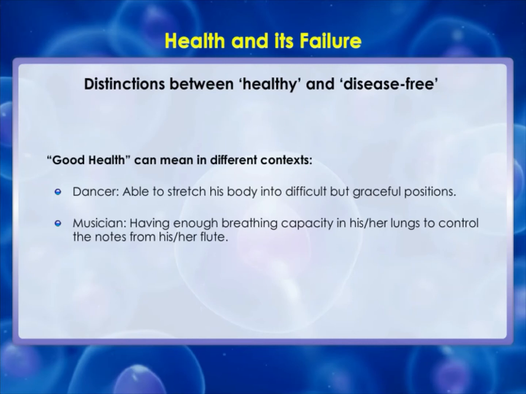So, we can be in poor health without there being a simple cause in the form of an identifiable disease. This is the reason why, when we think about health, we think about societies and communities. On the other hand, when we think about disease, we think about individual sufferers.